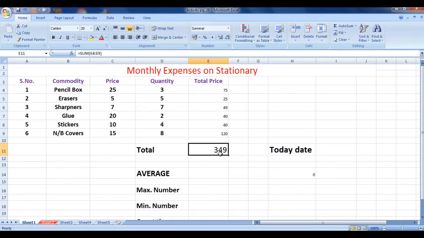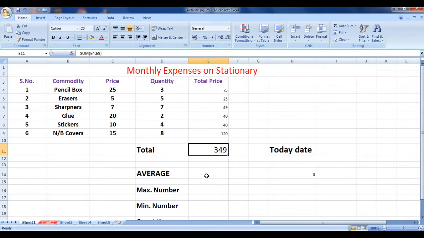Next function is the average. What is the average? How do we calculate the average? Whatever values are given, the sum of all the values divided by the number of values.